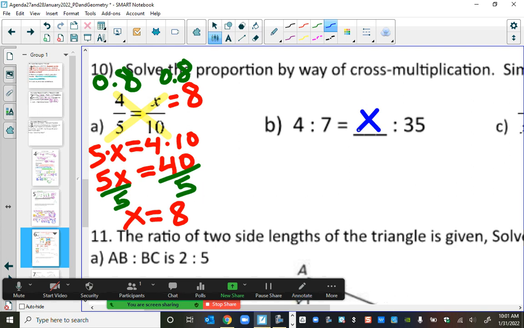Then, what you can do, I'm going to write it above. You can rewrite these ratios as fractions. So for instance, 4 over 7 equals,